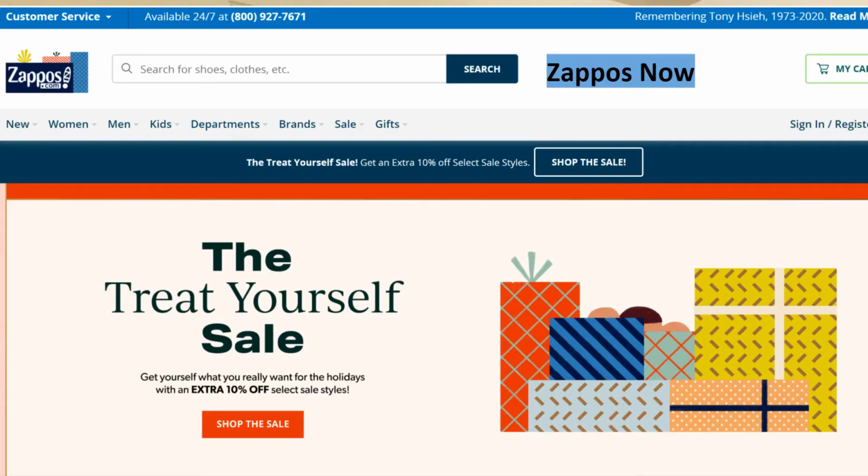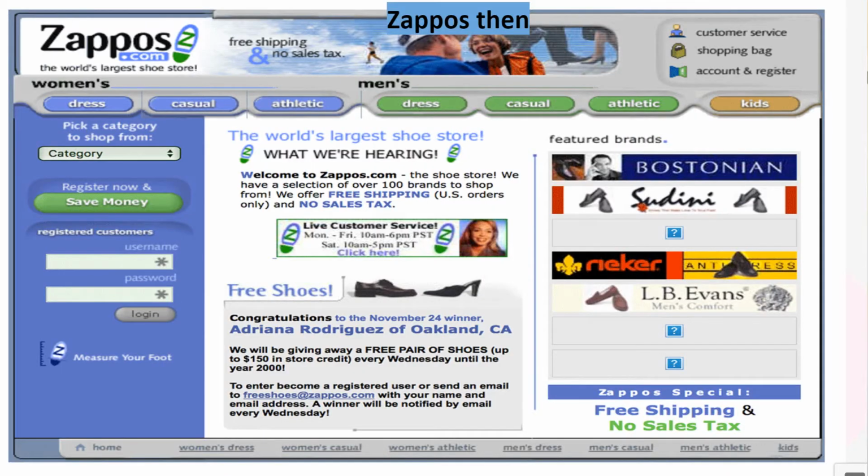A classic example of Wizard of Oz is Zappos, an online shoe retailer which was bought by Amazon back in 2008 or 9 for more than $1 billion. The founder of Zappos, Nick, tested his assumption that people would be willing to buy shoes online without trying them. What he did was go to local stores, photograph shoes and then advertise them online.